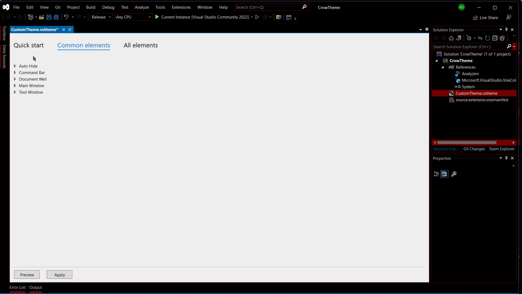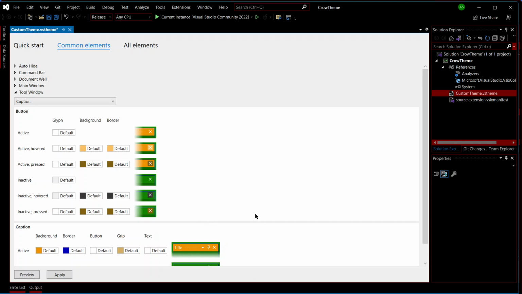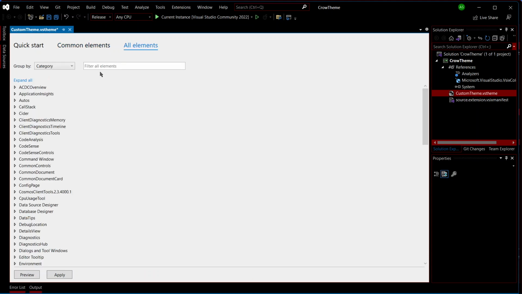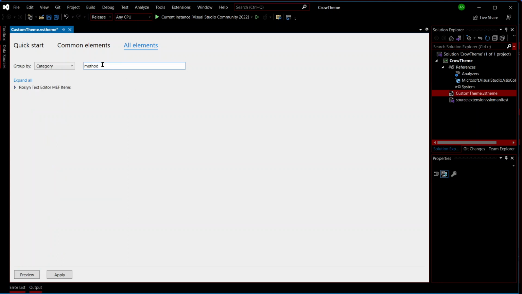I didn't really find much of what I needed in here. A lot of this is UI related stuff. When you start digging into some things, then with the theme, you do have the syntax highlighting. So if you wanted to start, say, method names, you can search here and you can find it either. If you don't find it here,